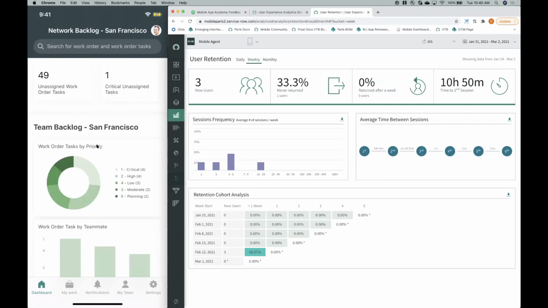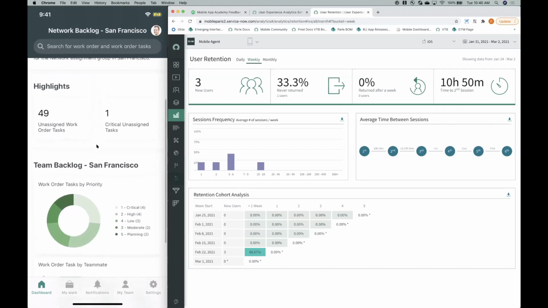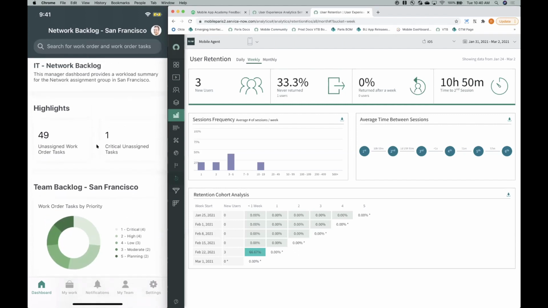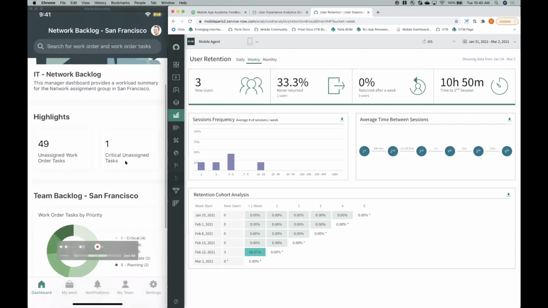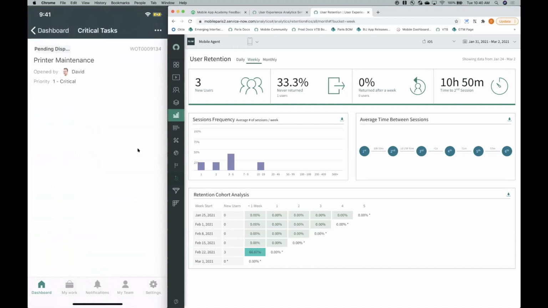So to explain what I'm about to do, let's say that I am an ITSM field service agent manager, and I'm just about to start my day. And immediately I'm seeing that there's one critically unassigned task that I need to distribute to my team. The goal here is to get this logged in user to click on this critically unassigned applet and to execute an action that assigns this task to someone. So if I tap this applet,